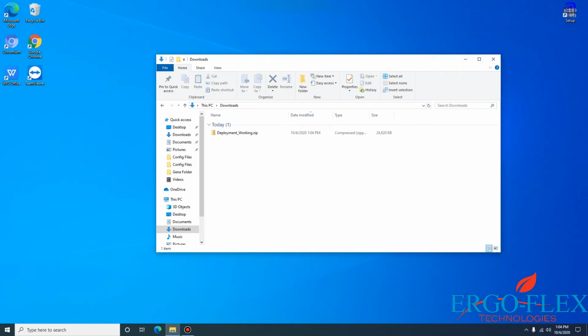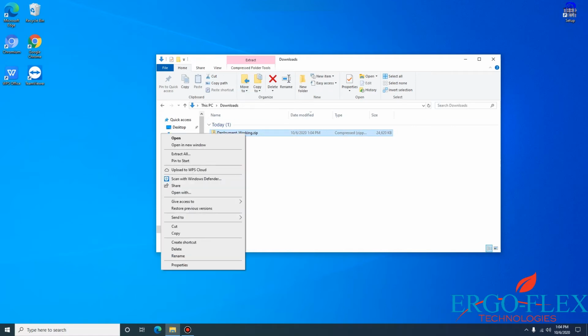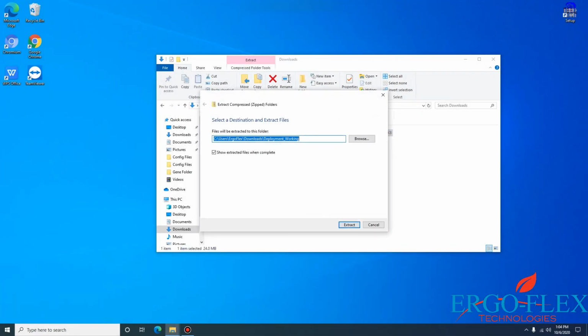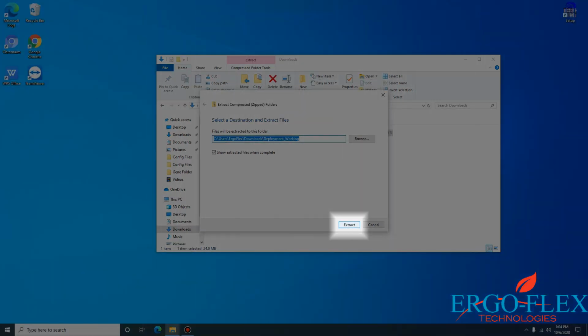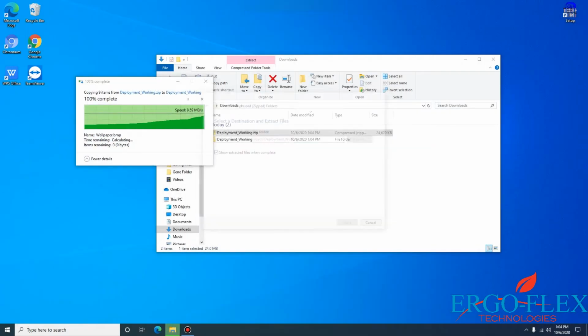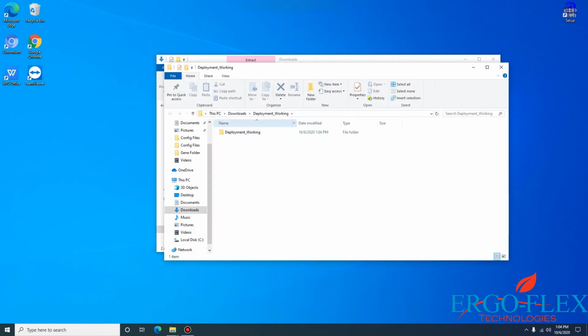So once you get back into the File Explorer, go ahead and select it, then right click it, and then press extract all, and then select the destination and extract files. This is all correct, so go ahead and click extract. You'll see it do its thing, and another window will pop up. This is the unextracted version of that deployment working folder. From there, get into this folder,